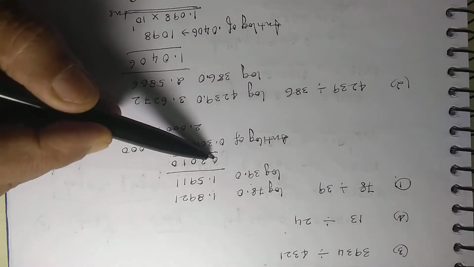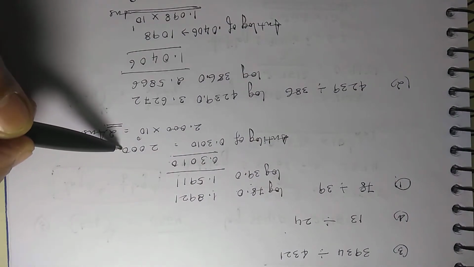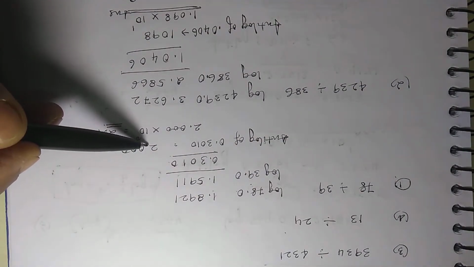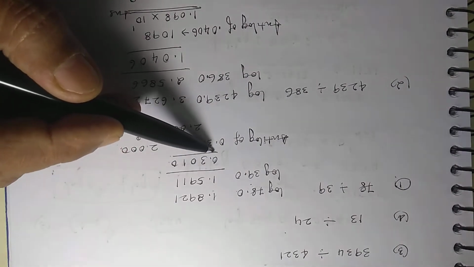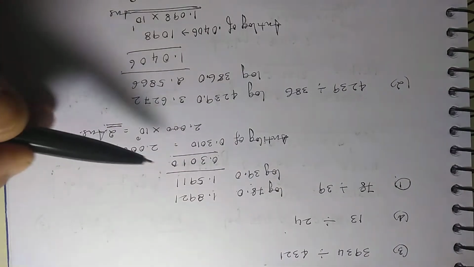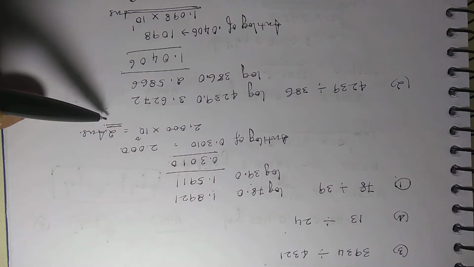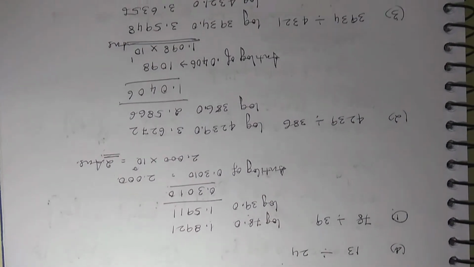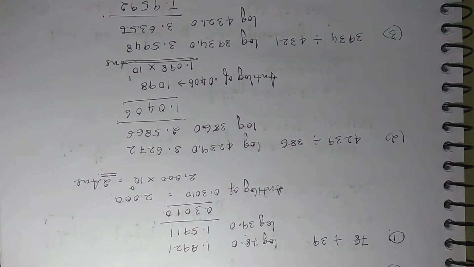So here, since it is 0, what you have to do when you find the value for anti-log, after the first digit put a decimal, and then put the value that is before the decimal as 10 to the power. Okay, so that is how you get the answer. Now that's how we have done all the numericals. So you just have to have your basics for log calculation very clear so that you can be very confident.